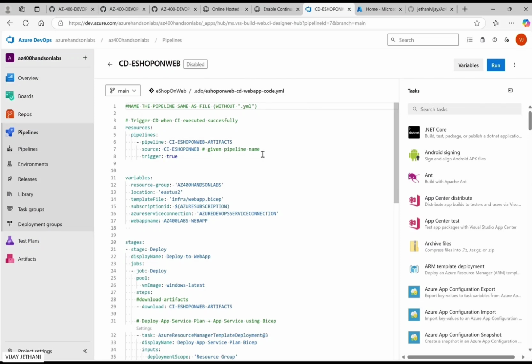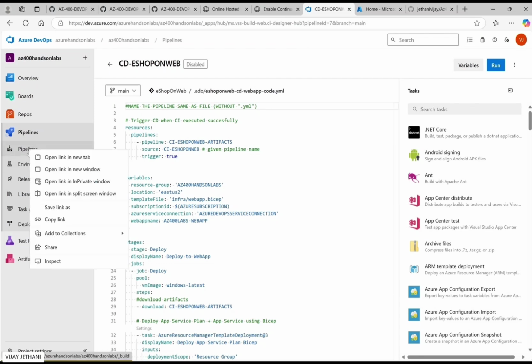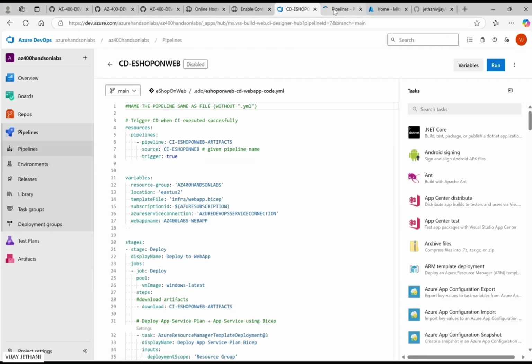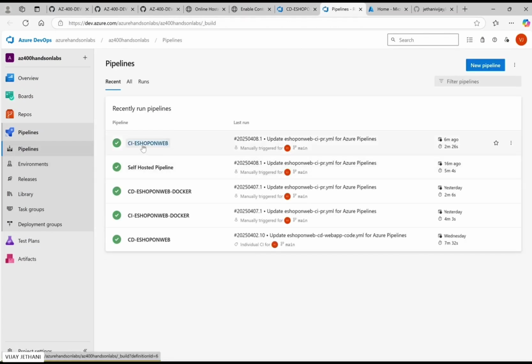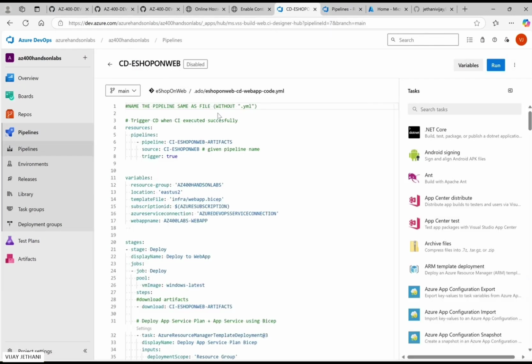So the change here is I want to have a pipeline's outputs also imported. So that is where I'm putting CI eShop web. I'm just giving the name. But if you remember, the pipeline name was CI eShop web, right? So if I open up here, CI eShop web is what the pipeline name was, which was a